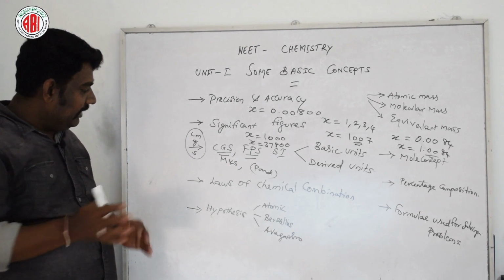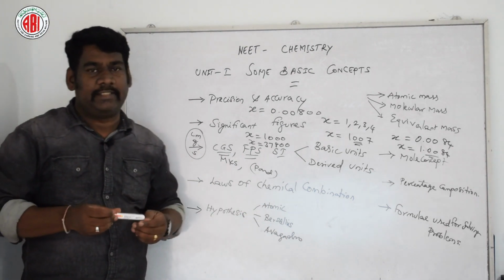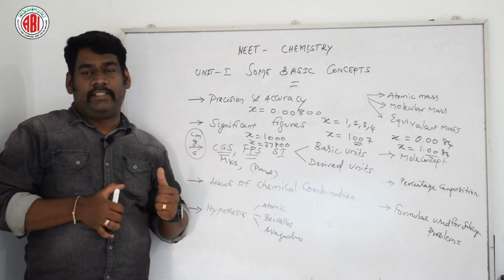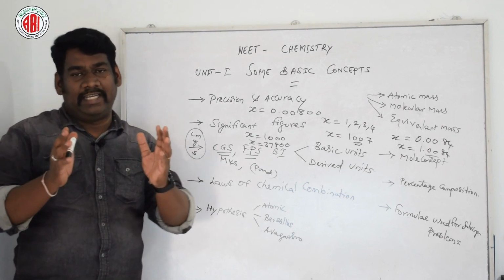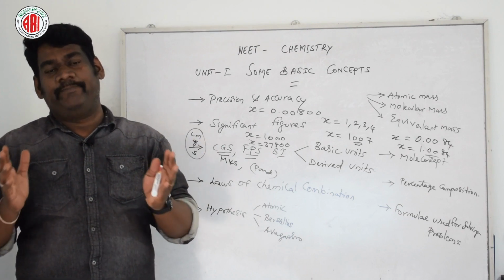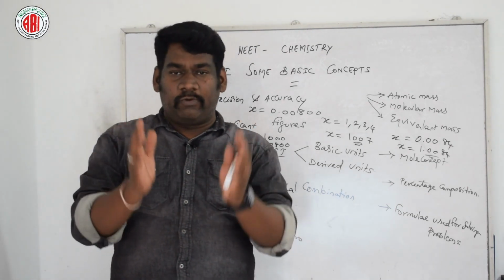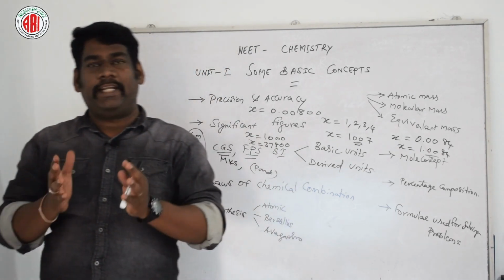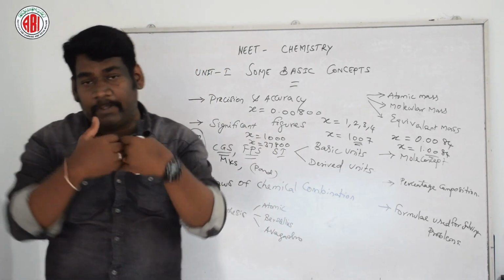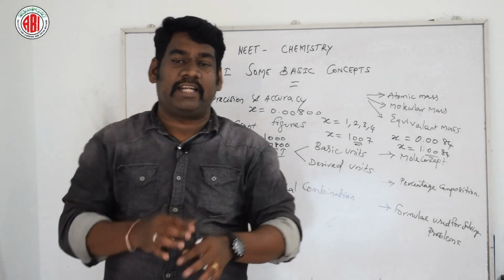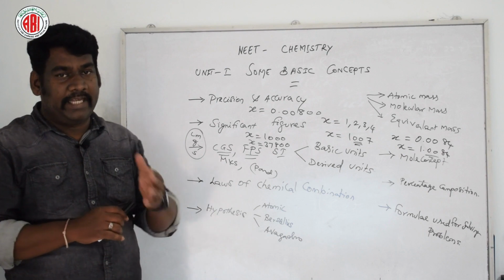So this is about the laws of chemical combination. Then Gay-Lussac's law. This was proposed by Gay-Lussac, and it was applicable only for gases. According to this law, when gases combine, they always do so in volumes which bear a simple ratio to each other, and also to the products, if the products are gases, all measured under similar conditions. So this was proposed by Gay-Lussac.